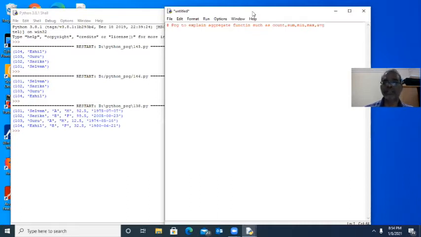For all of these, count, sum, min, max, avg, we have to give one numeric field. For count, it is not necessary. Whatever the field may be, because we are going to find out the number of records. Sum means we have to add, so only if it's a numeric field is it possible to add. Similarly min, max, average, we have to give a numeric field.